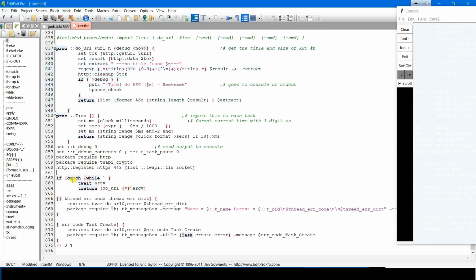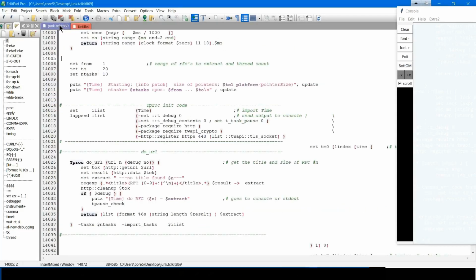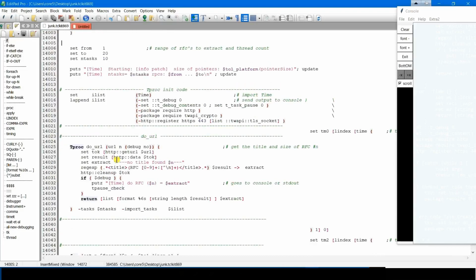We also have a catch, and if necessary, we'll load up TK and we'll do a message box if there's an error. If there was an error during the task create, we'll do likewise, but we'll also set into the error attribute of our task the error code if necessary. Where this tends to occur is if you misspell a package require statement. Anyway, getting back to our code here,